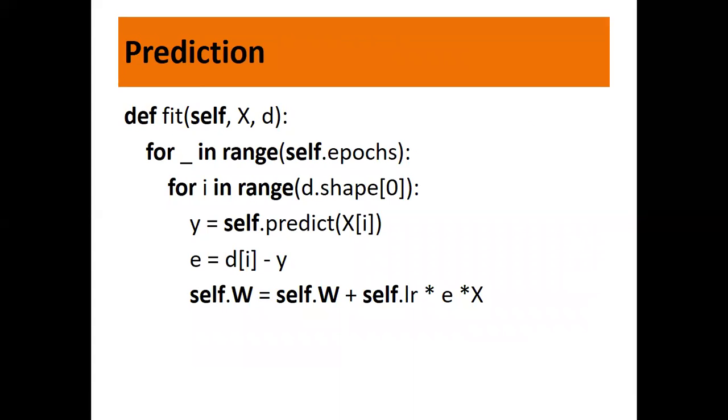Now next what we have is a prediction function which will predict the output. So we define a function fit, and what we are passing to it is the input and the desired output, right? So we keep updating the weight. Now if you can just see how many times it is going to read the whole data set, the number of iterations, that is epochs, right? And then the desired output vector that we have, it has to go through.